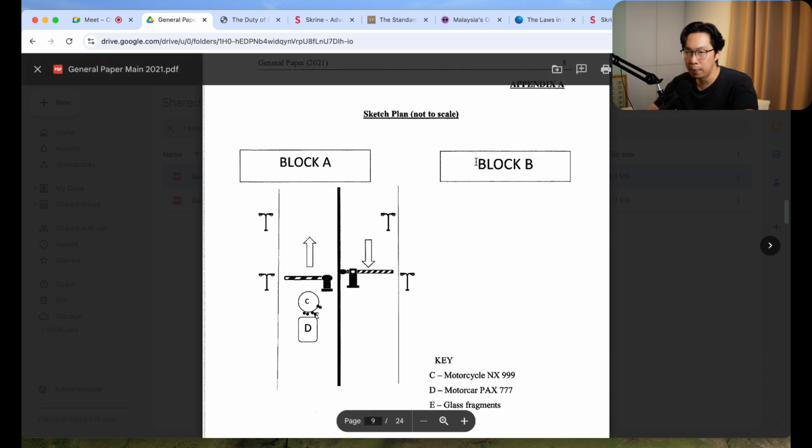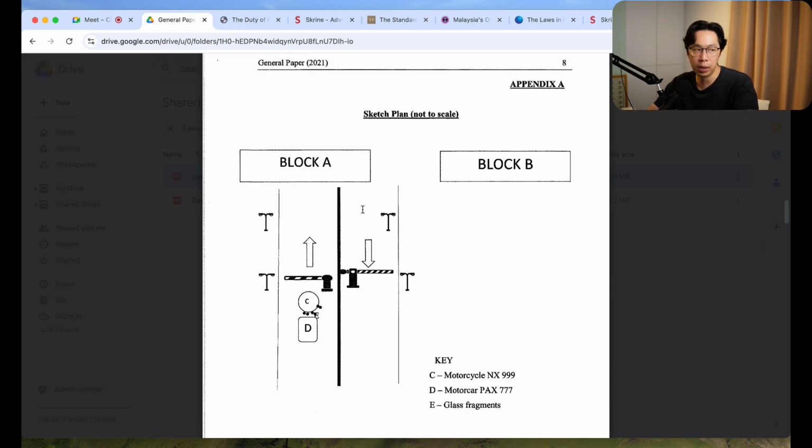Why do you need a sketch plan? This needs to be tendered. Now you need to use the correct legal term: tendered, T-E-N-D-E-R-E-D. Tendered in court. Okay. When we do criminal procedure, like yesterday I talked to you about